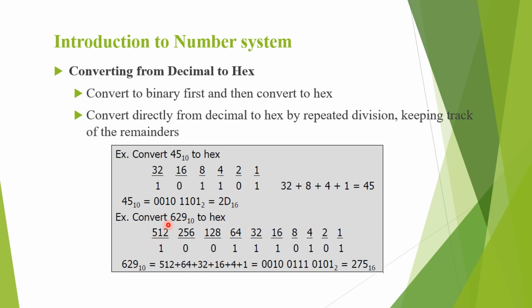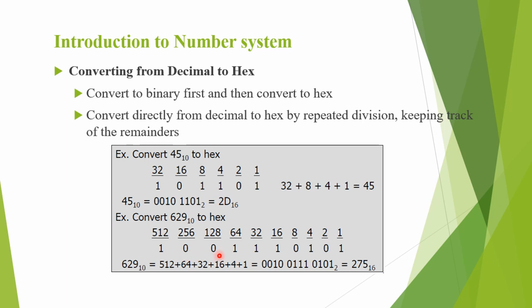One more example we'll see, that is 629 has to be converted to hexa. So for that we will write the powers of 2, that is 2 to the power 0, 2 to the power 1, 2 to the power 2, 2 to the power 3, 4, 5, 6, 7, 8, 9. So now we require 2 to the power 9, that is 512, and next 2 to the power 8 is